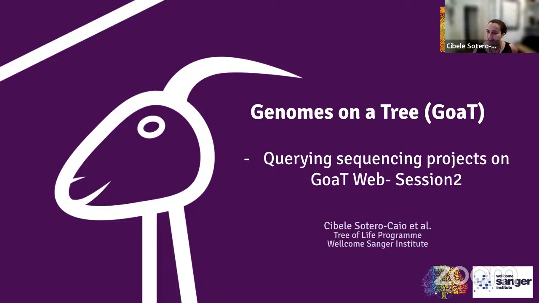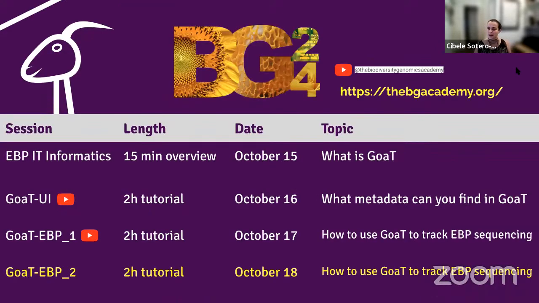Welcome everybody. This is the second session on Genomes on a Tree, about how to query sequencing projects on the GoaT web, especially EBP projects. These are the sessions that happened already. We had a quick overview of what GoaT is at the IT and Infrastructure, the EBP IT and Informatics Standards Workshop on October 15. It is recorded and it will be in the BGA Academy